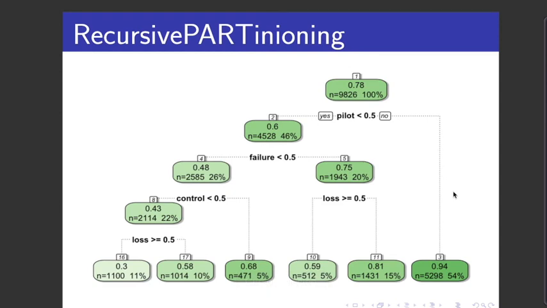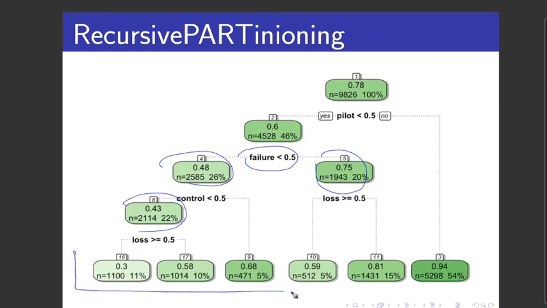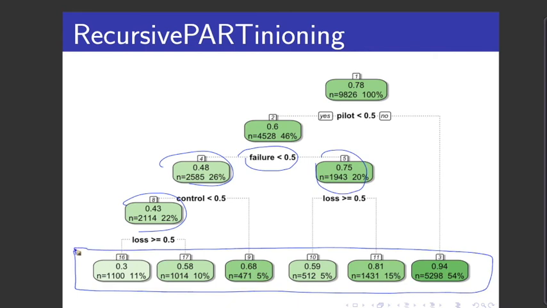Well, here's a slightly bigger decision tree. Where did we go? Interesting. The next word that actually got used was failure. If the word failure is in there, we're back up to 75% due to pilot error. Offhand, I can't imagine what the sentence would look like which doesn't have the word pilot in, and it does have the word failure in. And you can see R has recursively partitioned again and again, and it ended up with information down at the bottom. This is a slightly more complicated decision tree because in order to categorize data,